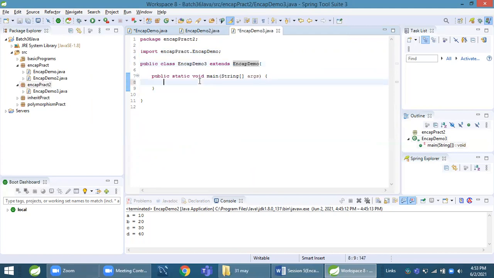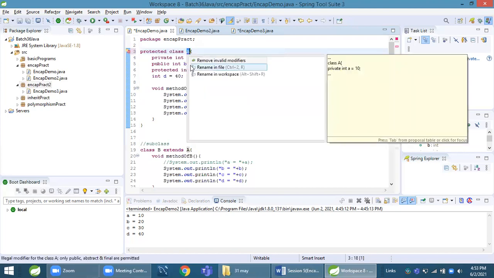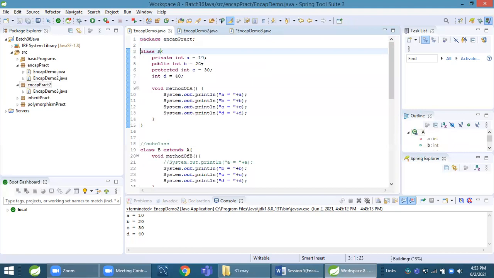Now let us check protected class A. What is the problem for this? Remove invalid modifiers. Okay, this is not possible for it.